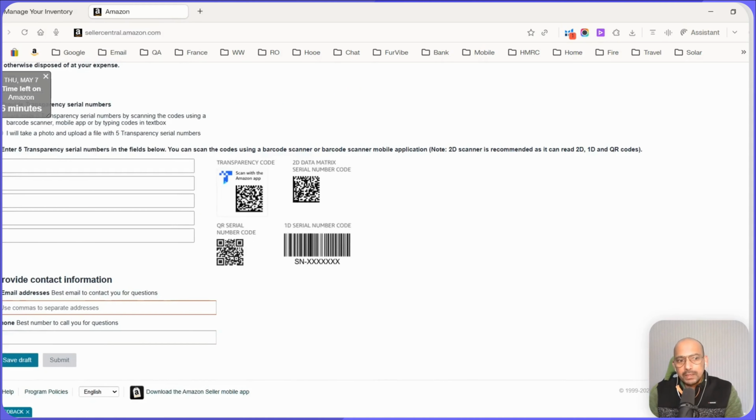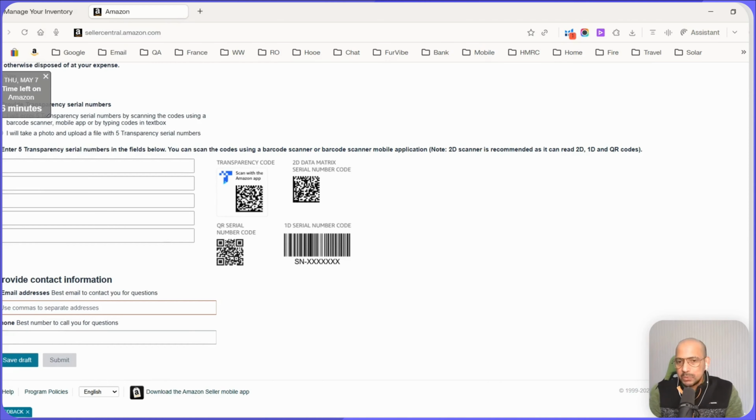Both work well. And then you have to put in the email, ideally the same email that you're using for your account, and the phone number. It will take around 48 hours for Amazon to go through it. And if everything is correct, Amazon will approve it and your listing will be back online. My concern is, if it's a best-selling item, it will be off for at least 2 days. So that's something that you have to keep in mind when enrolling products for